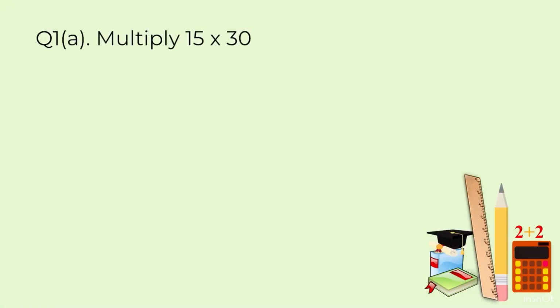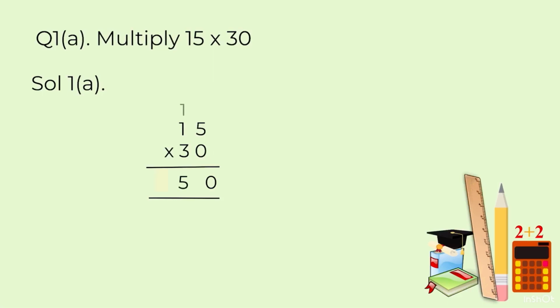A part was to multiply 15 by 30. So this basically is 15 multiplied by 3. We will write the 0 as it is. If you know the table, 3 into 15, you can directly write 45. And if you do not know, you will write 3 5s are 15, 1 on top, 5 at the bottom. Then you will multiply 3 by 1, 3 1s are 3 and plus 1, 4. Answer is 450.